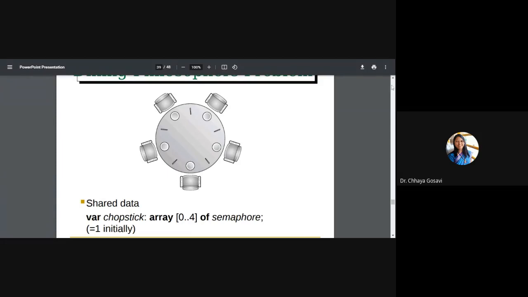The algorithm is that these philosophers can either think or eat. They cannot think without eating, and they cannot think while eating. So either they can eat or think at a time. Now assume that the algorithm is they have to pick up the left fork, then the right fork, then start eating.